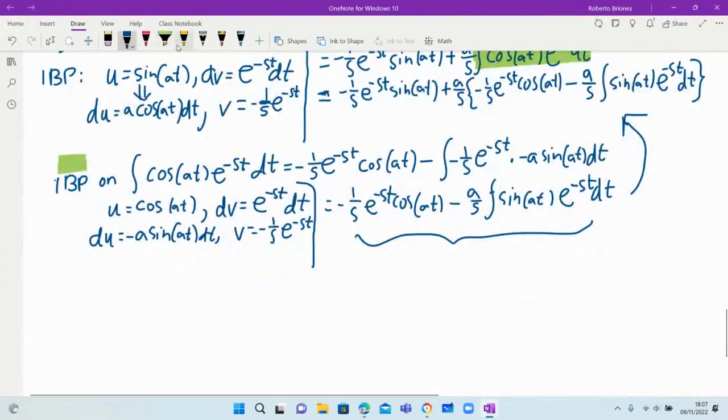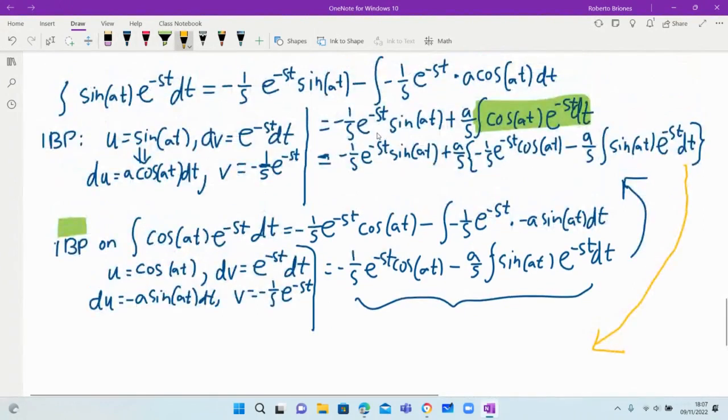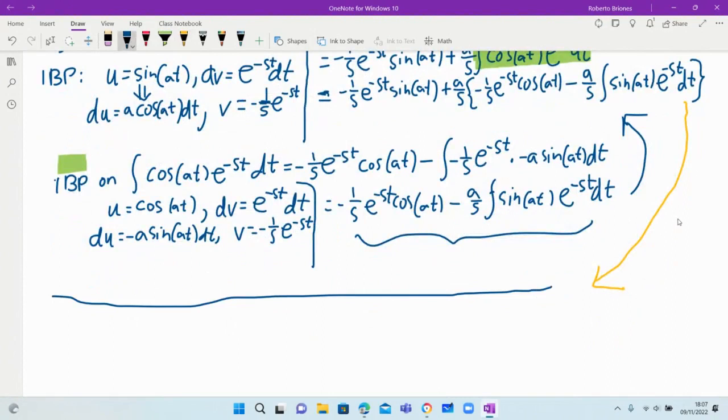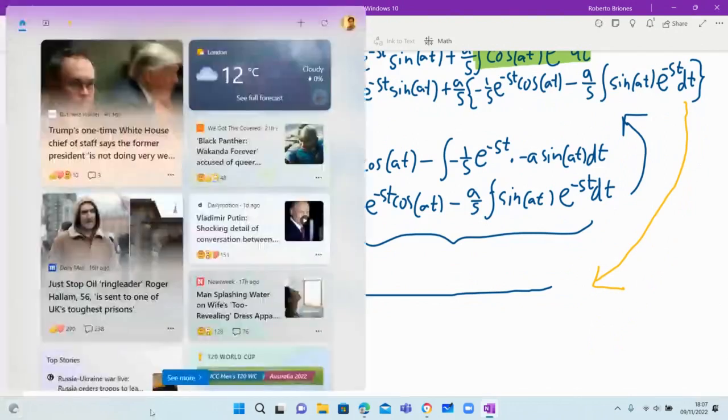And what I'm going to do is bring the calculation on this side. So I'm going to leapfrog our previous calculation of the integration by parts and continue with the calculation here. So let's put a demarcation line here. So this becomes